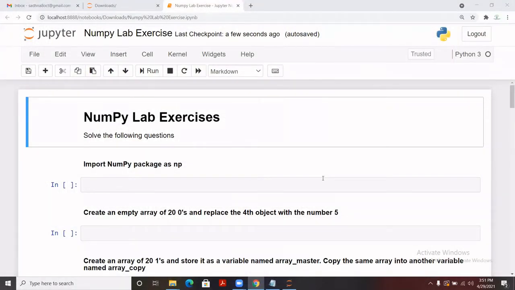Hello everyone. So today we are going to discuss some of the functions that we learned so far in NumPy, and I have created a set of exercises here where we can basically apply whatever we learned so far in NumPy. So all the questions I have mentioned already. Let's try to solve them, and feel free to write wherever you find any confusion in any of the questions.